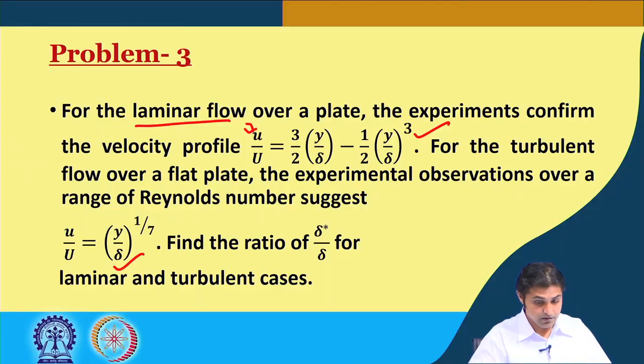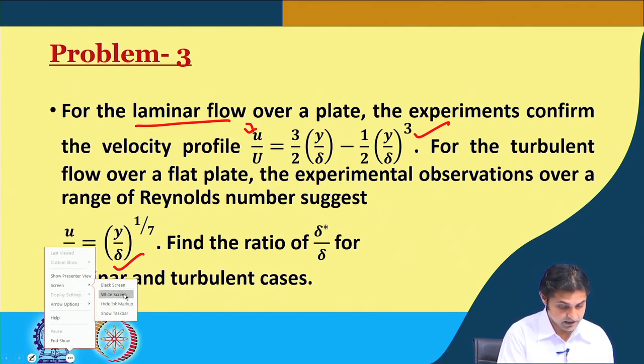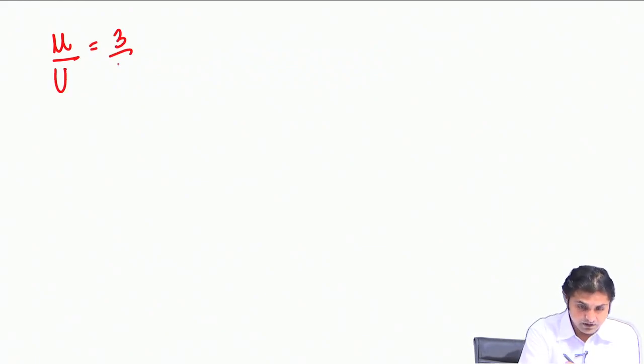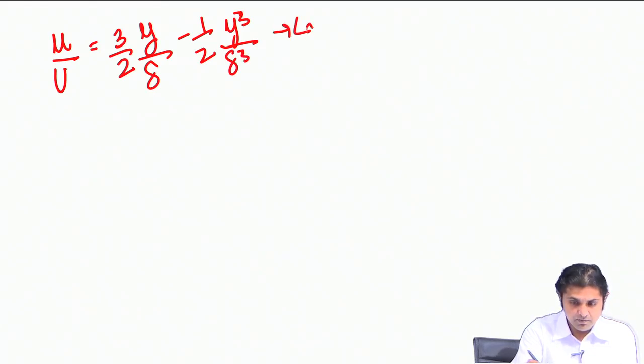So there is some mistake in my writing. So actually the laminar was U by capital U is equal to 3 by 2 y by delta minus half y cube by delta cube. This is the laminar velocity profile,